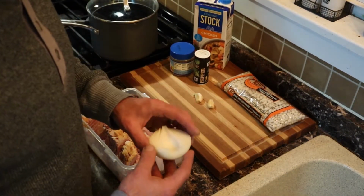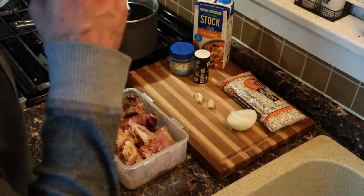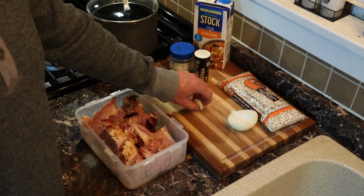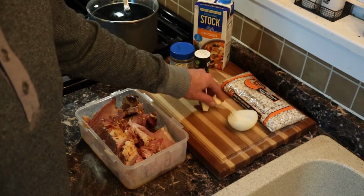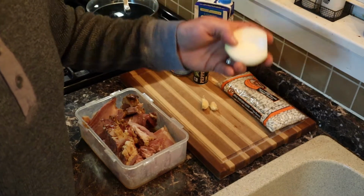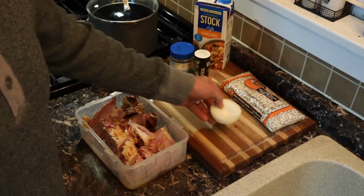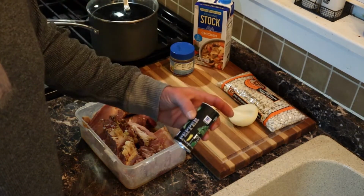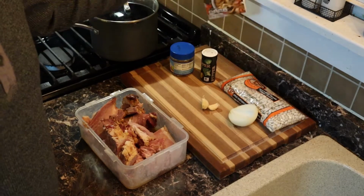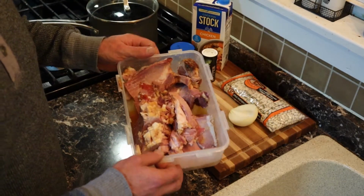I usually use a whole onion. I had this left over from something I was cooking yesterday, or the day before, and it's in the fridge. You're gonna want some garlic. I got that out of camera, but I got 2 cloves here with a 1-pound bag. You can put more garlic, less garlic, no garlic. And when you do the onion, you can use a whole onion, no onion, whatever. We got some pepper there, some chicken stock, and of course, the ham, and then